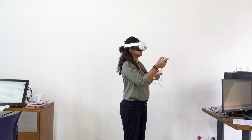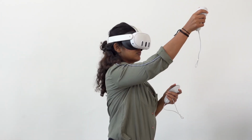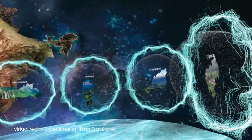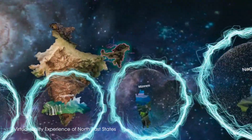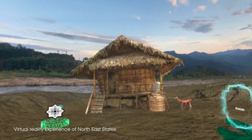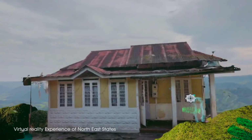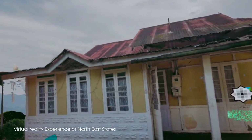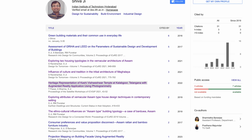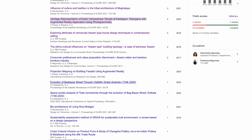Further, into the knowledge dissemination part, we are trying to use very friendly and immersive technologies of today's time, using augmented reality, virtual reality and mixed reality, to give these unique experiences to its users, whether it is a common public or students, or even the serious researchers who are looking for more in-depth knowledge in the forms of such immersive technologies, and even the traditional formats such as books, research papers, and even some design